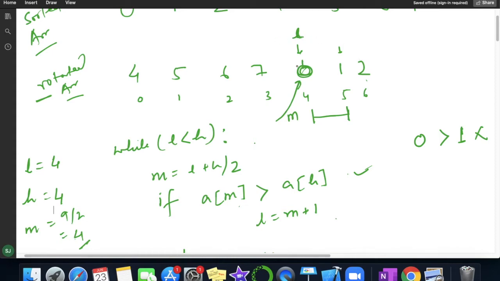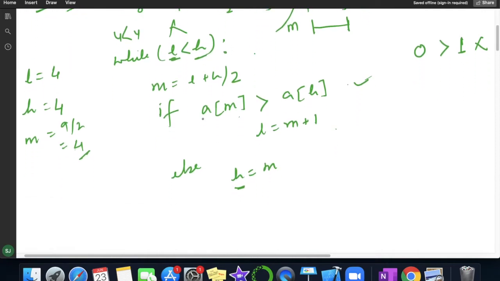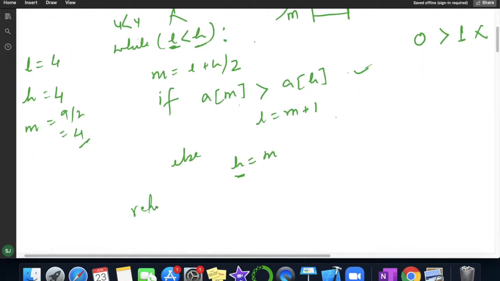So high is moved to here. Now while low less than high, so you can see here 4 less than 4, it is false, so it will come out of the loop and we have to return the value present at low.